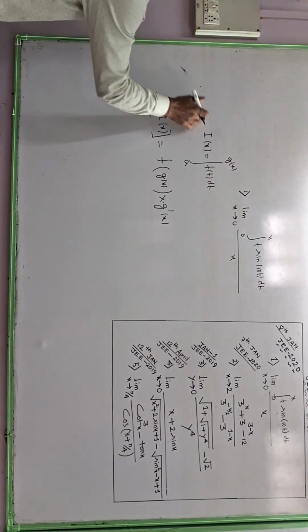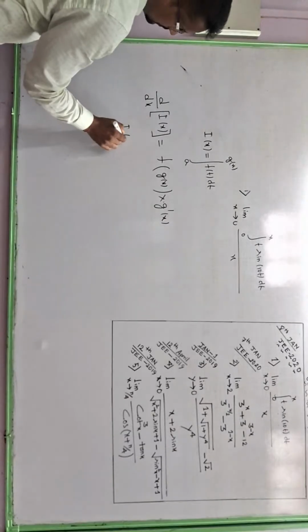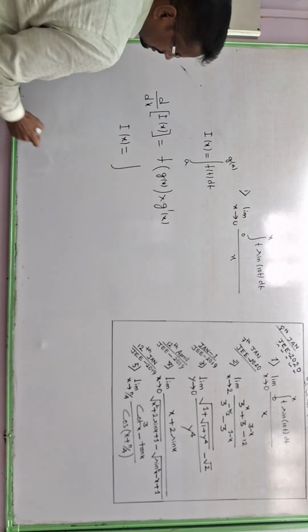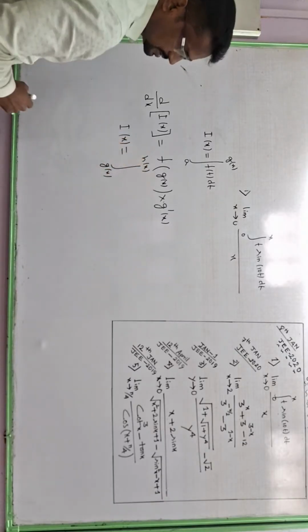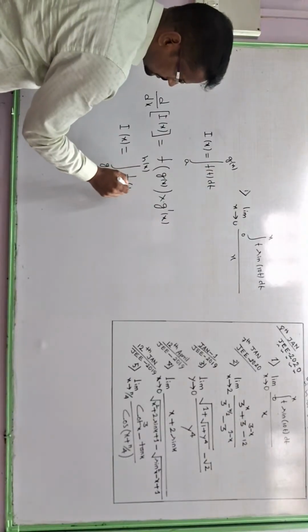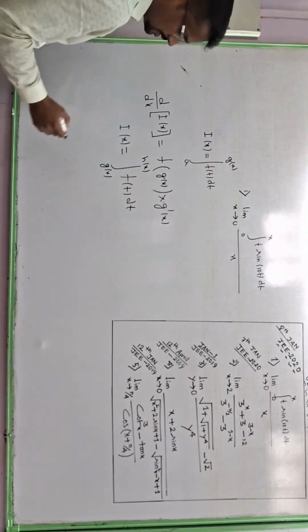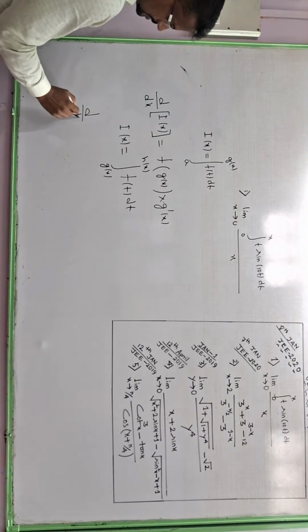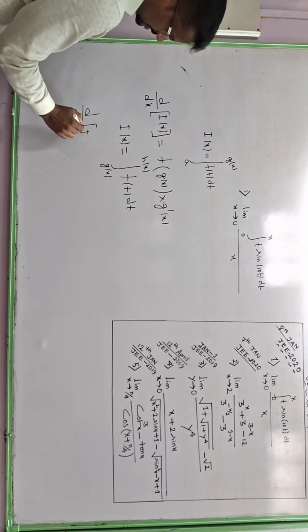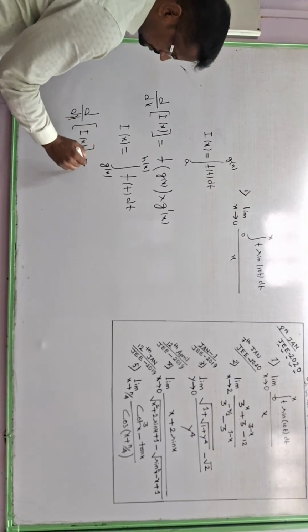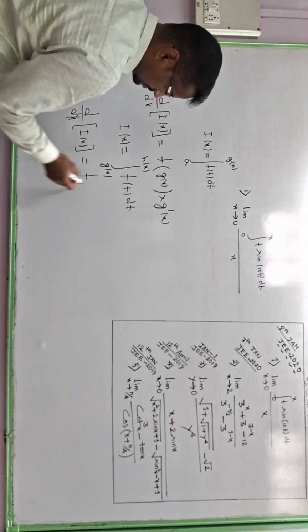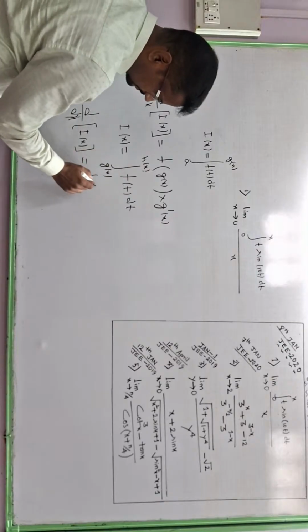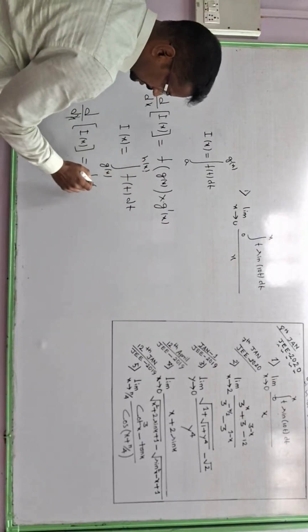Now second case is there. If I(x) is like this, lower limit is a function of x, g(x), upper limit is another function of x, h(x), and it is as it is f of t dt. In that case, derivative, d/dx of this definite integral I(x) equals, see, f of, put the upper limit in place of t, f of